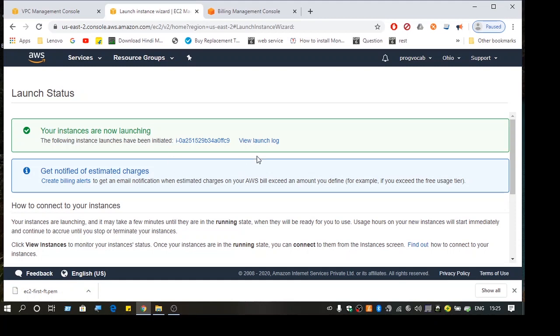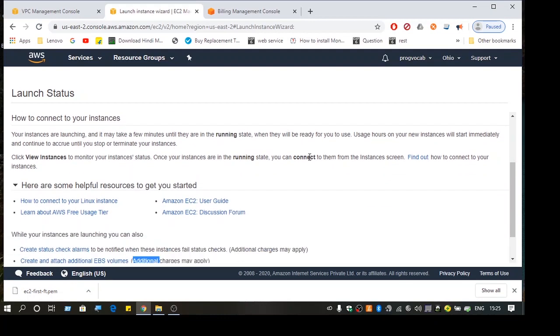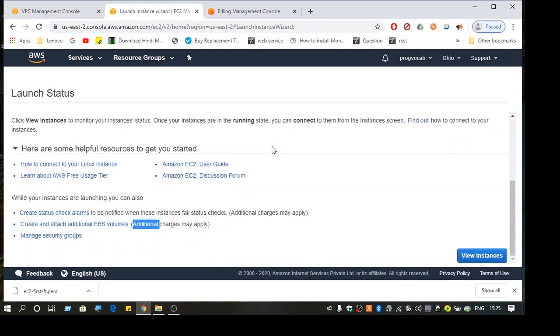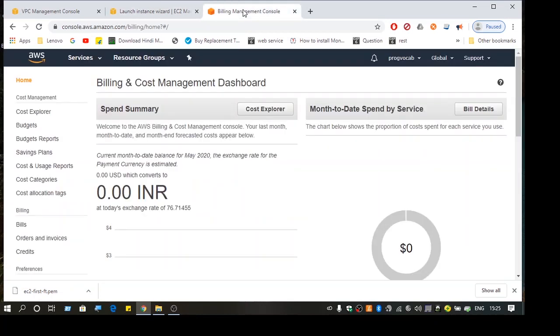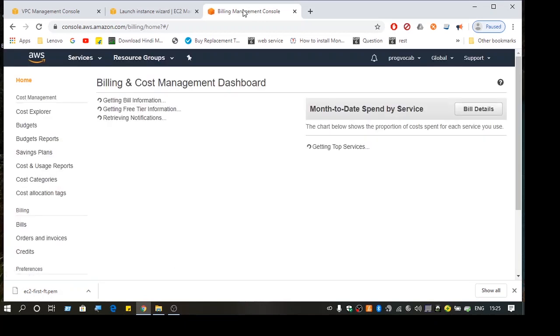So it will take some time to start this. Okay, there are some statuses like running. Let's go for the billing first and let's see how much. So there is one thing about this billing, it doesn't get updated immediately, as soon as you create something.